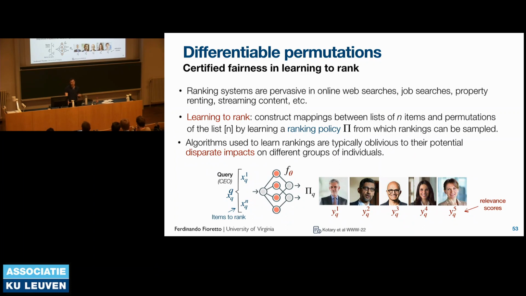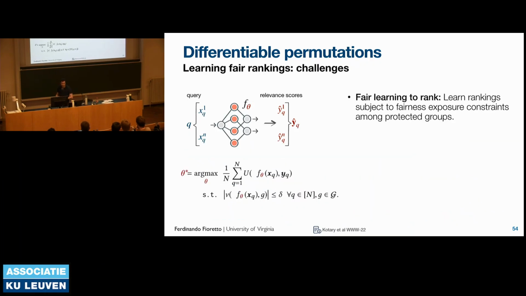So this is a property of the learning embedding which we would like to have and to satisfy. So how do we do that? How do we learn that? And so here is the setting. You have a query. A query describes something that you want to search, like the word CEO may be a query. And then you have a list of items. The query defines some features. They might be the pixels of your image, whether it's a male, and so on. And then you're using a network to predict some relevance scores. And those relevance scores are then used to build this representation for our ranking. So this is the classical learning to rank problem, right?